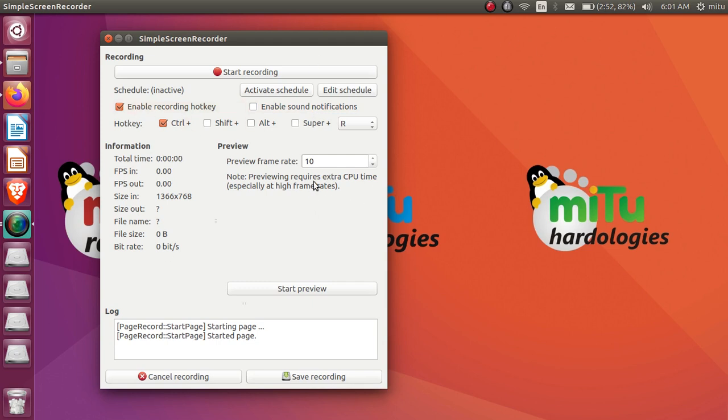Now, before this particular screen, this icon was present and it was green. Once I came to the last page of the Simple Screen Recorder, it converted to gray and has one option on it, called pause. It was previously green, now it has become gray, and when you start recording it will become red. Red means the recording has started, and now we can talk and record that particular video and save it in this specific location.